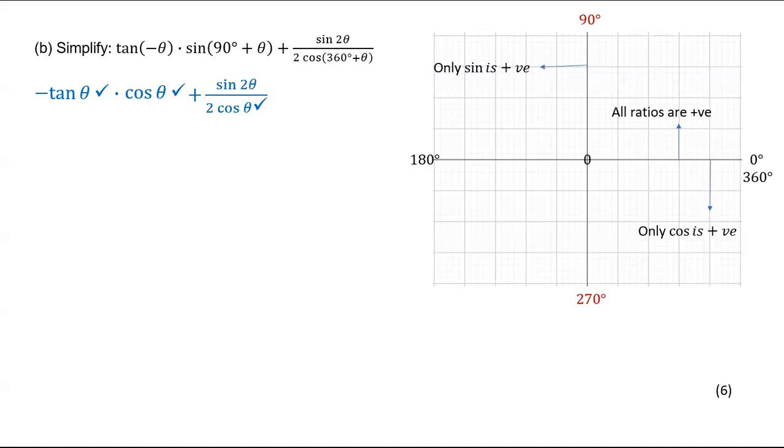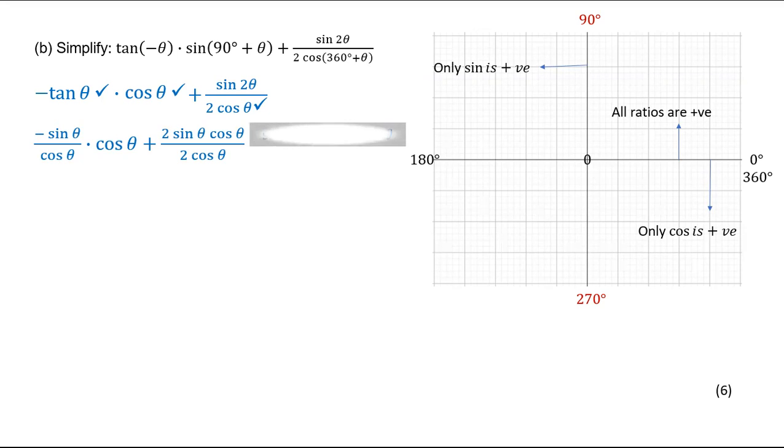10 will become sine theta all over cos theta, and double angle sine, or sin 2 theta, will be 2 sin theta times cos theta. Now, you know these rules of multiplication whenever you multiply fractions, all right? Note that the cos theta that we have multiplied with negative sine theta over cos theta, you'll just multiply,